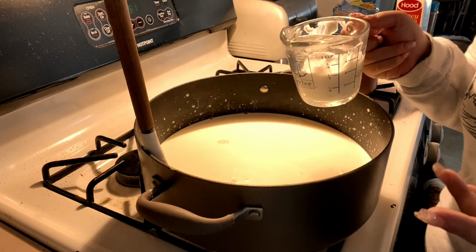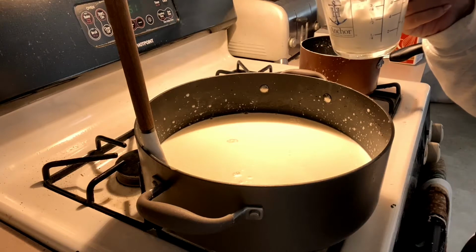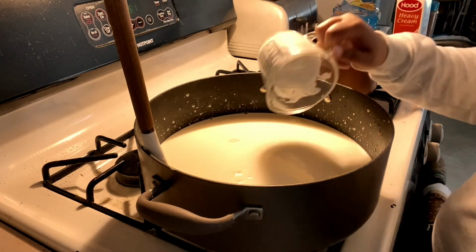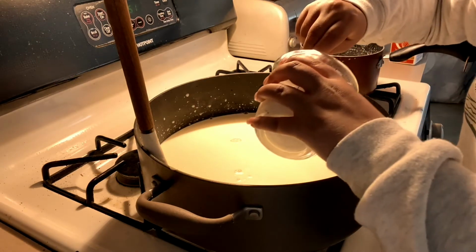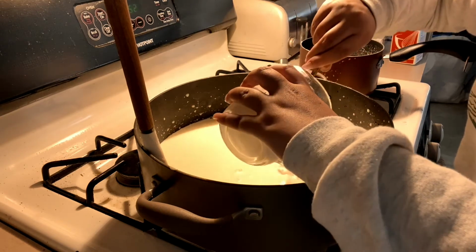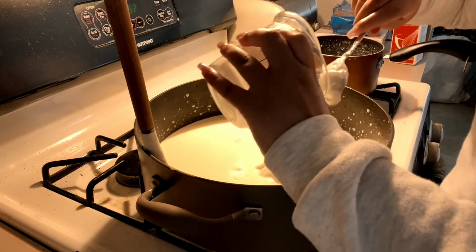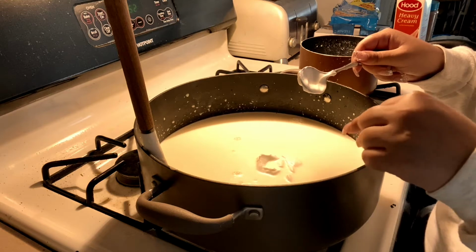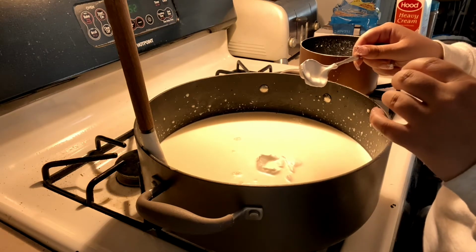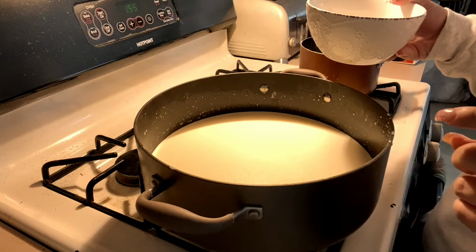And also, if you're following along, not that I expect you to, I am using yogurt that is plain, and that's just suggested because obviously we're making cream cheese, so there should not be any added flavor to that yogurt. So I'm just gonna add this, and then this is gonna get stirred for 30 seconds, and then we'll be back. Okay, so now that I'm back and it's been 30 seconds with stirring the yogurt added to